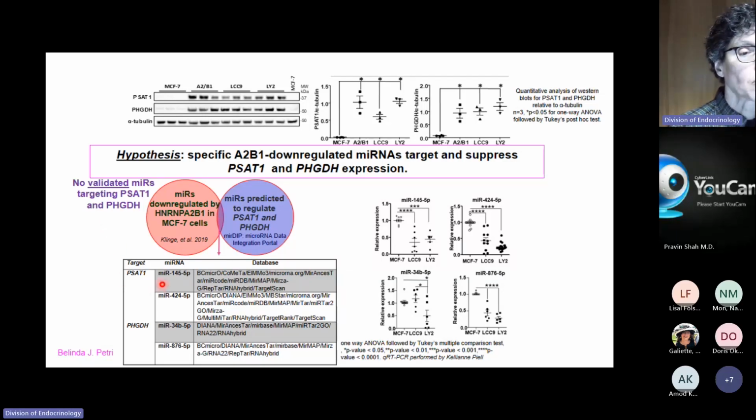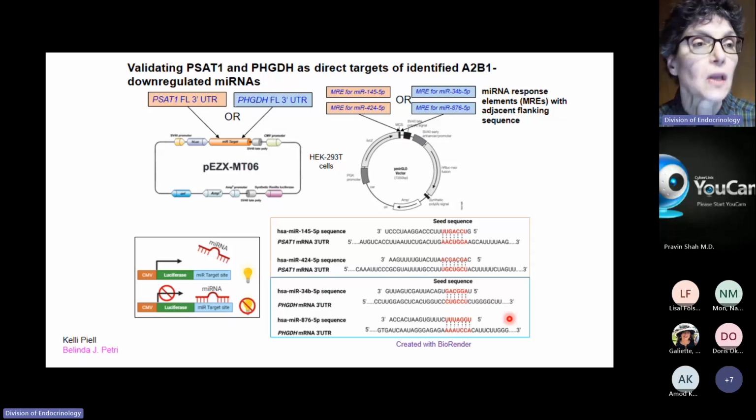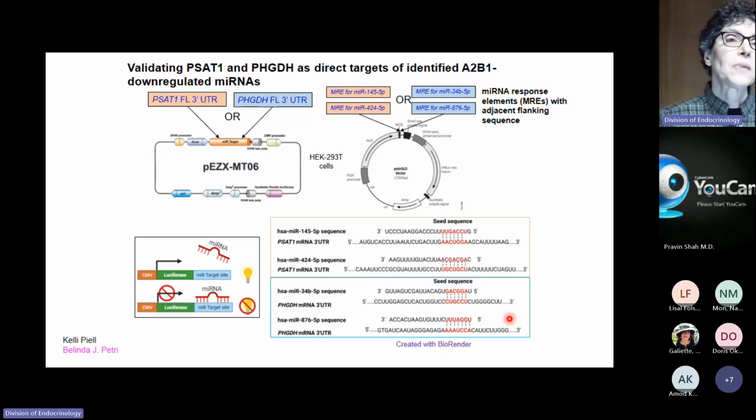So she came up with 2 microRNAs, miR-145-5p and miR-424-5p, that putatively target PSAT1, and 2 microRNAs, miR-34b-5p and miR-876-5p, that putatively target PHGDH. And here are the data by real-time quantitative PCR showing that these microRNAs are indeed downregulated in our endocrine-resistant cells compared to MCF7 cells. To validate that PSAT1 and PHGDH are really bona fide direct targets of these A2B1 downregulated